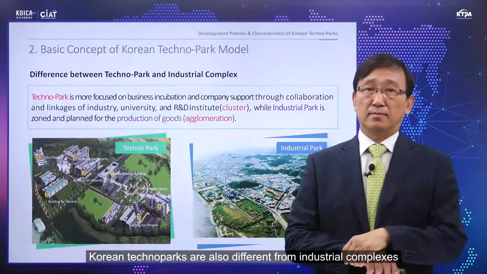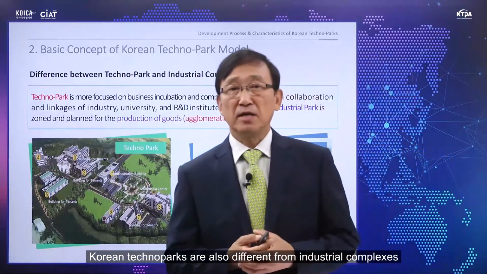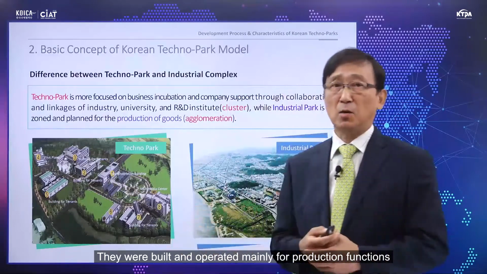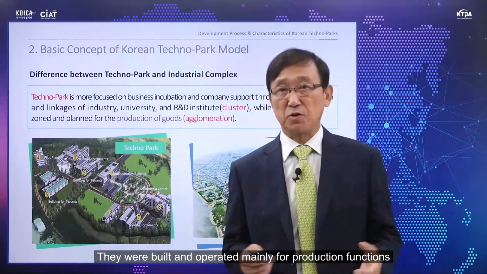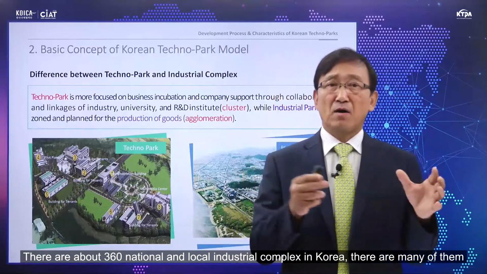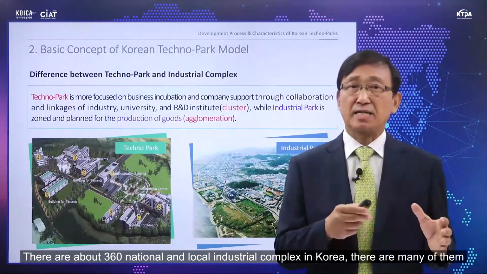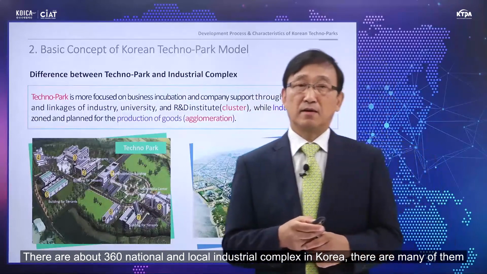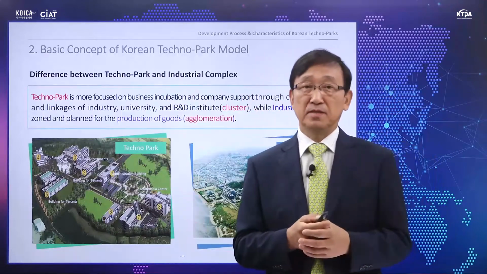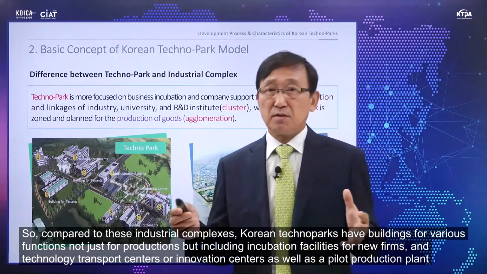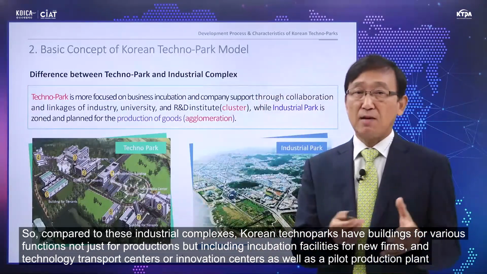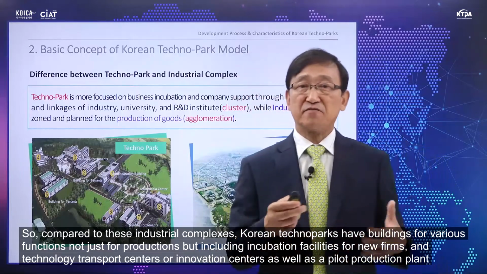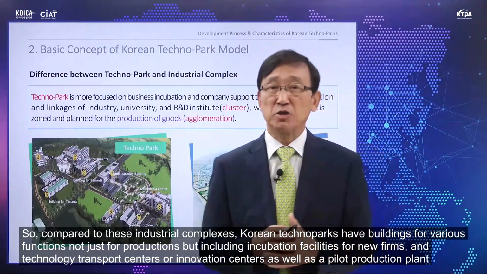Korean Technopark is also different from industrial complexes that were built and operated mainly for production functions. There are about 360 national and local industrial complexes in Korea. Compared to these industrial complexes, Korea Technoparks has buildings for various functions, not just for production,